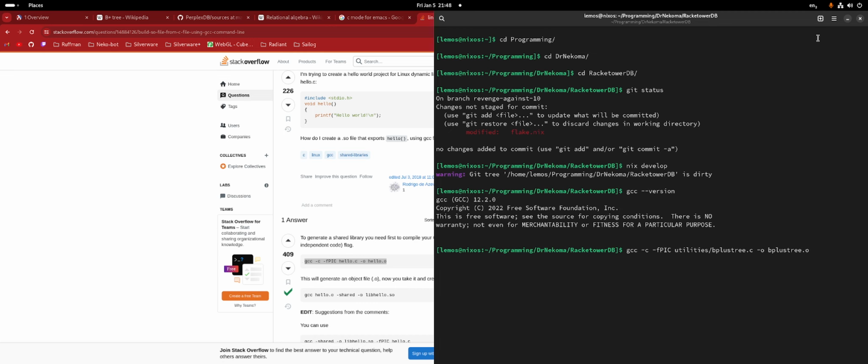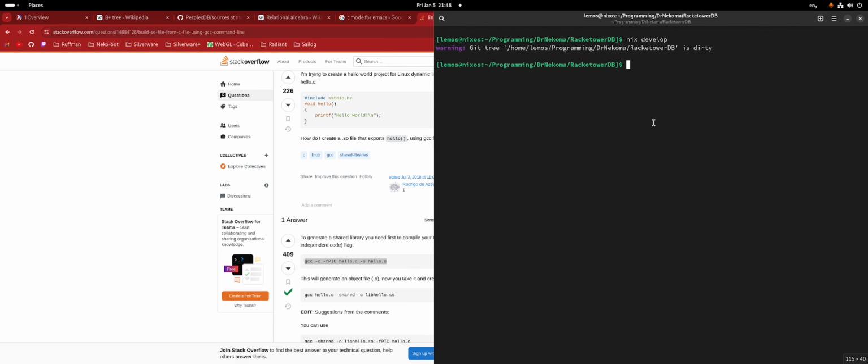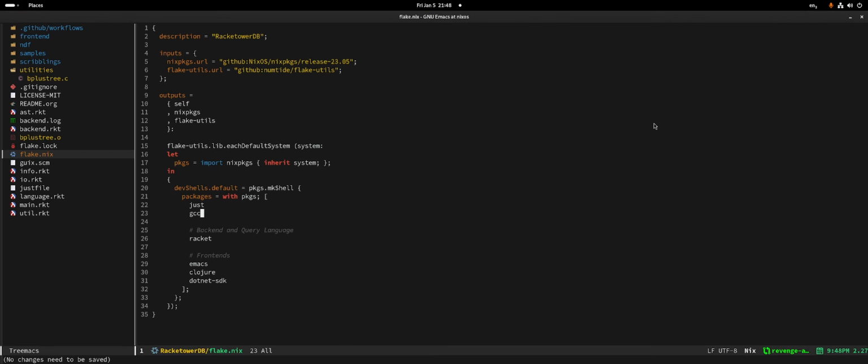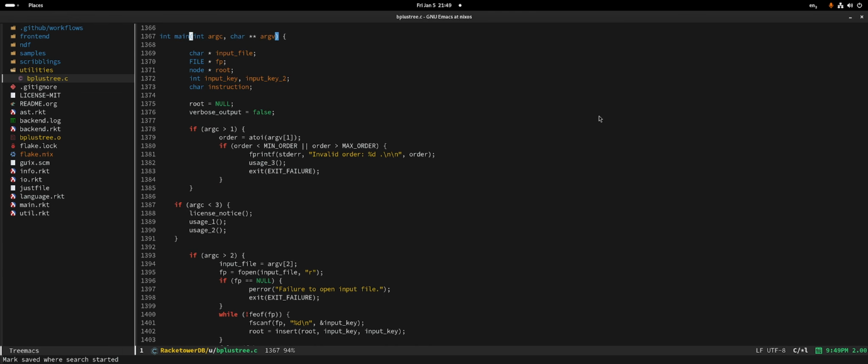Okay, so my terminal I think got corrupted again. Let me open this again. Close this. In function main. Is there a function main? Oops. Oh, there is a function main.